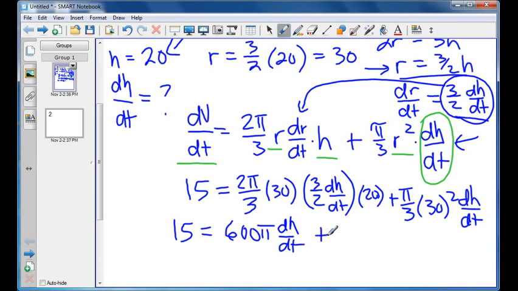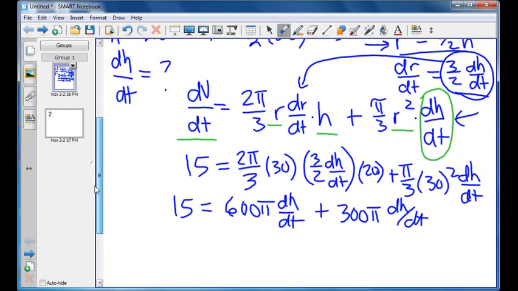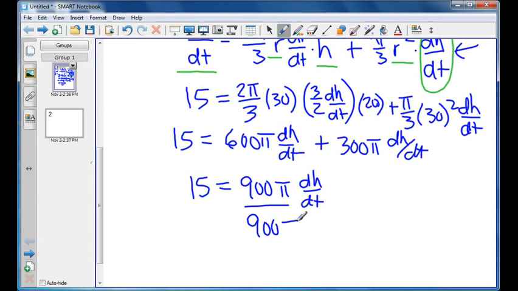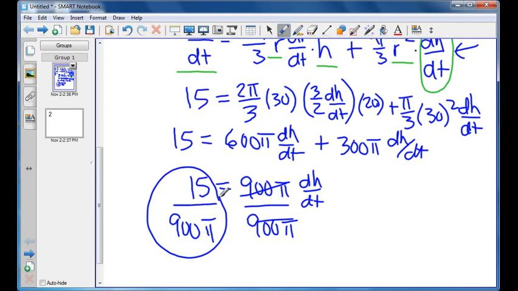And then over here we have 1/3, that's really what the 3 on the bottom stands for. 1/3 times 30 squared, it's going to give us 300 pi dh over dt. And then we can add those terms together because they're like terms. They both have pi, they both have dh dt. So that gives us 900 pi dh over dt. We just divide both sides by 900 pi, and that gives us our final answer, 15 over 900 pi. You can also convert that to a decimal if you want. It's about